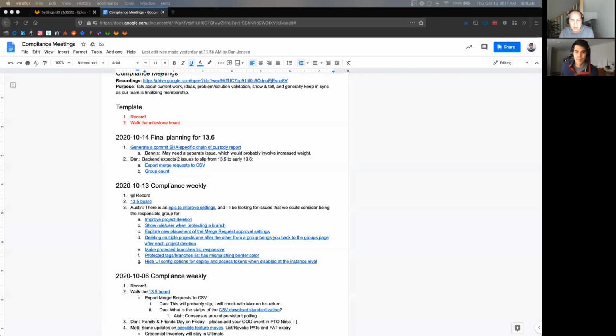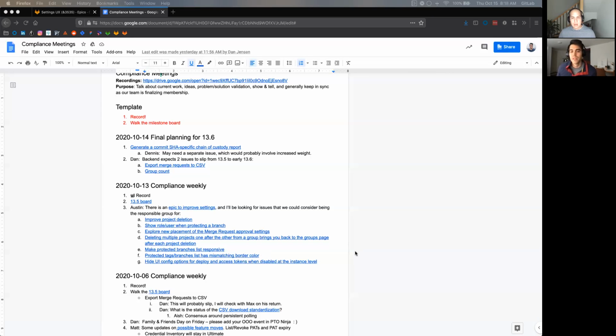Yeah, that makes sense. I'll work with Matt, my product manager, to see how he can fit in some of these things. Some of them seem very easy, like fixing the border color of the table. If we're touching the table already and adding things to it, we can just change the CSS there. We'll see about some of the other ones that are a little more complex, because we don't necessarily own the responsibility for a lot of these. It just happens that we might be touching that part of the code base, so it's convenient for us. If we're already there, we might as well add a little extra value to the quality of life.